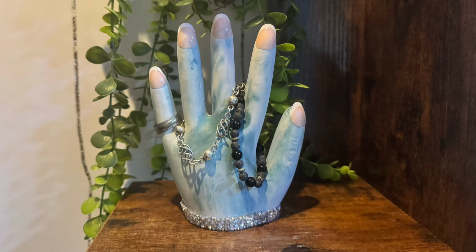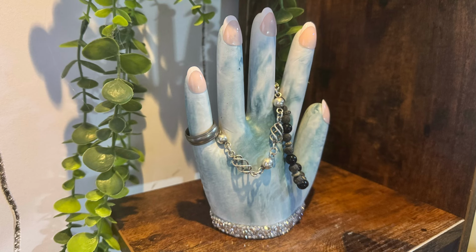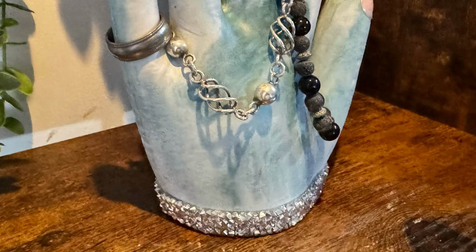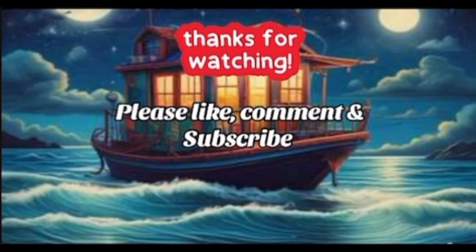Crafting on a houseboat where the river sings, creating little magic, oh the joy it brings. With the stars as my ceiling and the moonlight's glow,